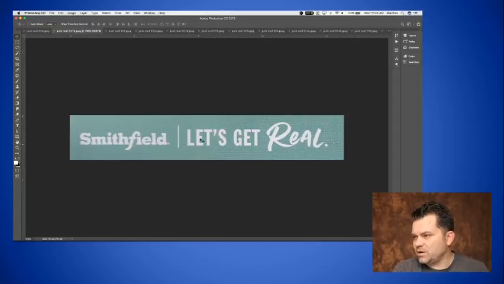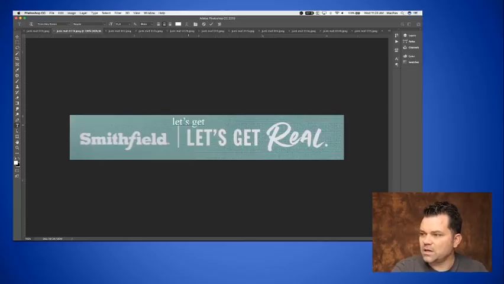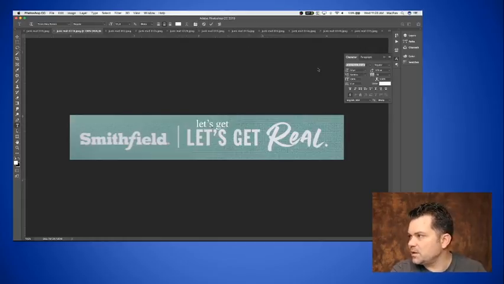Where this part here with the words let's and get, that's in all caps. If we were in Photoshop and we were typing that out, let me just put this up here. By default it's all lower, but you can quickly go into your options for type, and if you look right here, I believe it's called all caps, or maybe superscript is how they refer to it, I'm not sure. So I click that and it's supposed to all switch. Here, let's try it. I've got to select it all,